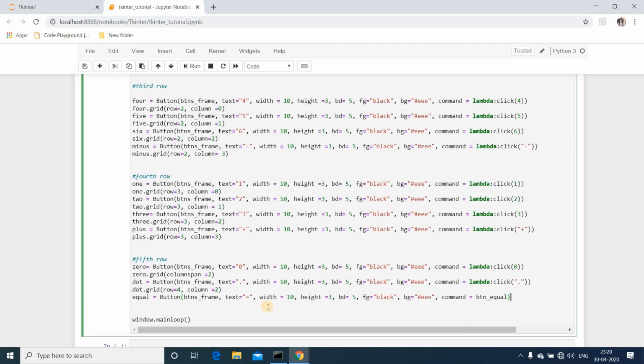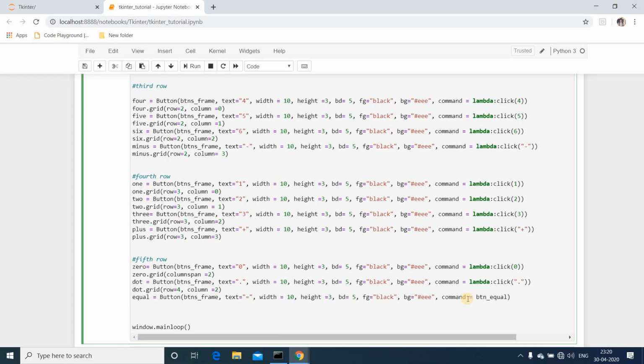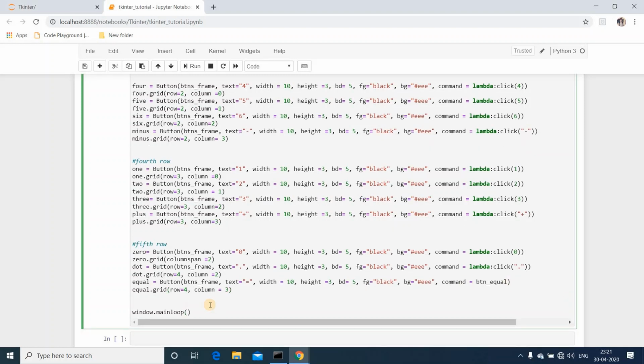Whenever a user clicks on the equal button, this will call the button equal function, and the eval function which we have specified will perform the arithmetic computations. Then grid it. Equal dot grid, row equals 4, column equals 3. Our fifth row consists of only 2 buttons and I want 0 to cover 2 columns, so I'll be increasing the width of this to 21.